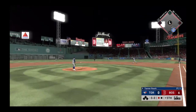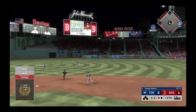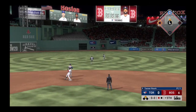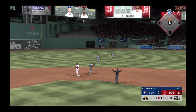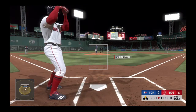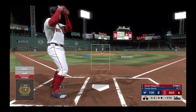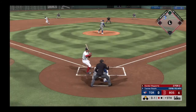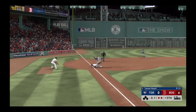Stung into the gap in right center for what should be extra bases. Bradley with wheels headed for second. And he is into second with a double, his 3rd hit of the night. Let's take another look at just a textbook swing right there. Good weight transfer, good hands to the ball, solid contact, and great extension through the ball. Yeah, that's about as pretty as...